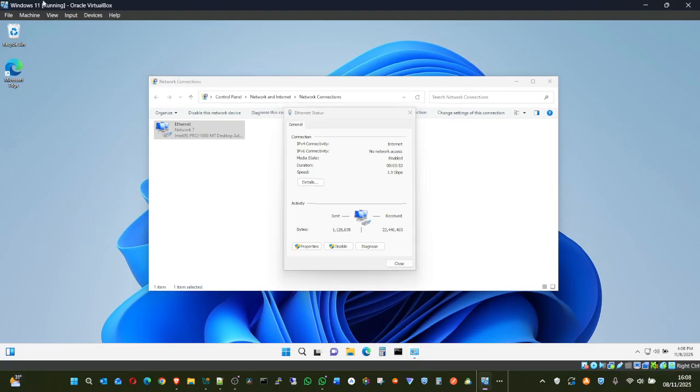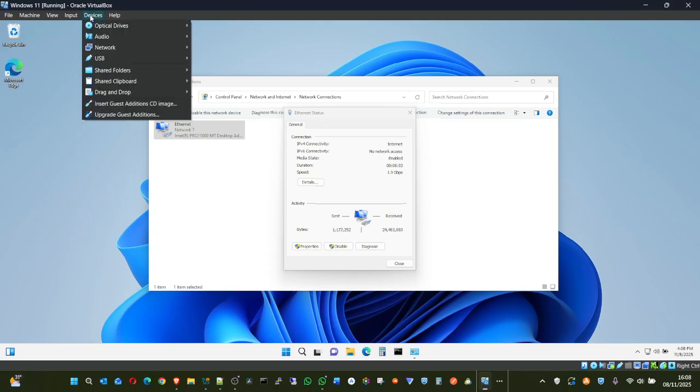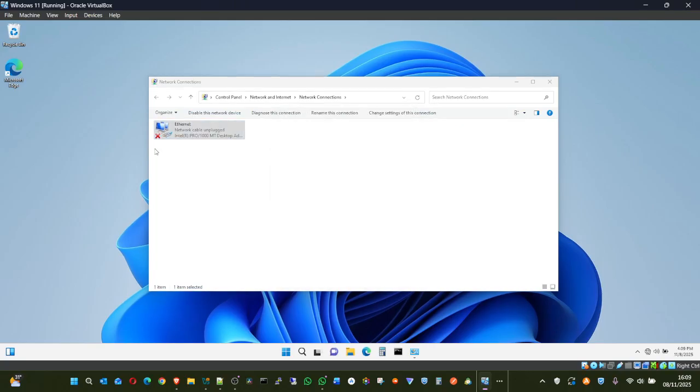If you don't want to do it that way, you can also come to the desktop. I hope you can see my console. Right here, if you click on Devices, go to Network, move to the left, and you see this is already enabled. If you uncheck it right here, it's like you disconnect the network cable for this virtual computer. Boom, you can see it's saying network disconnected. So having done this, this computer is not connected to anything on the network.